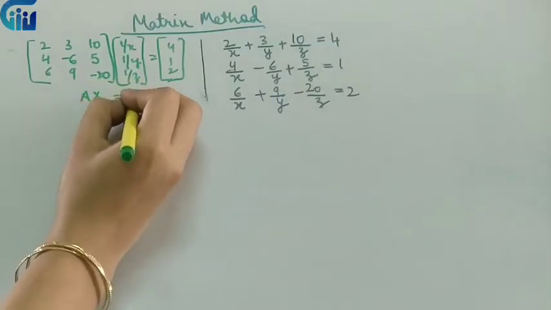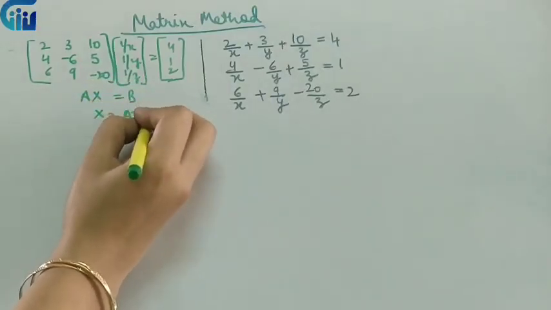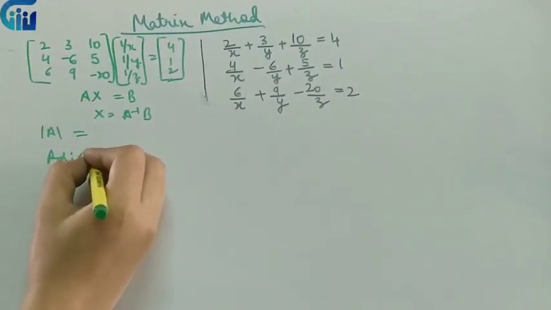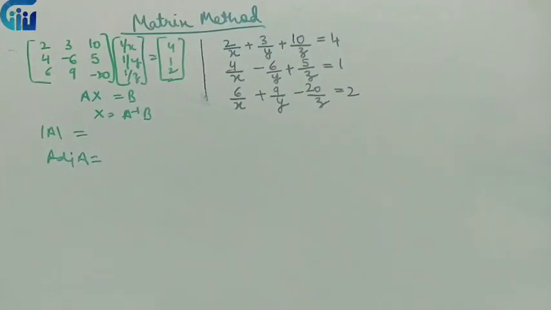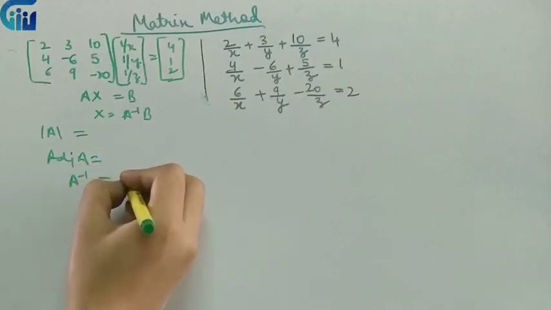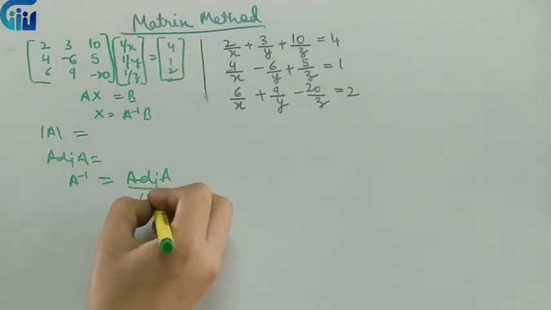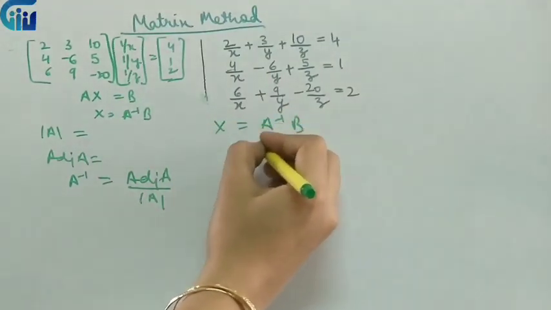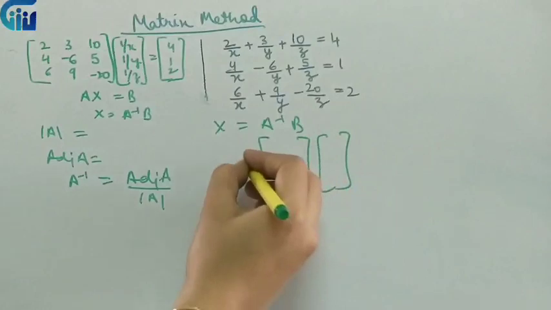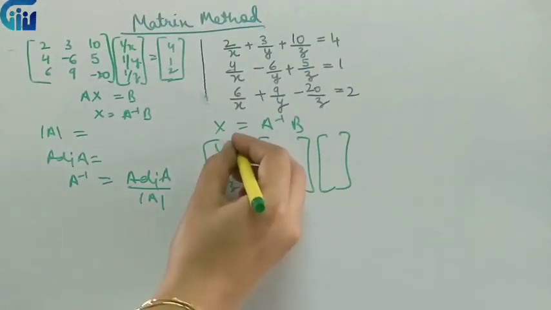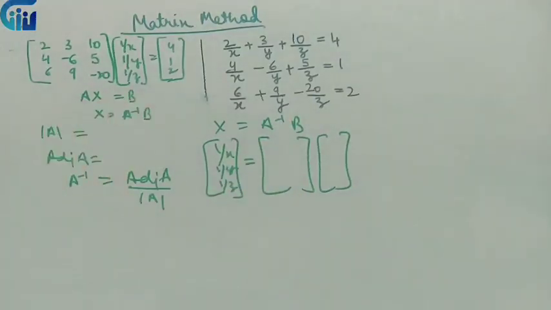So AX is equal to B, X is equal to A inverse B. What I'll do, I'll find my determinant, I'll find my adjoint. I'm not finding it over here. Everybody can do it on the same lines, and at the end, ultimately when you will find adjoint, you will find A inverse, adjoint A upon determinant. And when you will put it in over here, X is equal to A inverse B. What is the difference that you have to do? Only that you have to remember that instead of x, y, z, it is 1 upon x, 1 upon y, 1 upon z. So whatever answer you will get, you have to write the reciprocal of that particular answer.